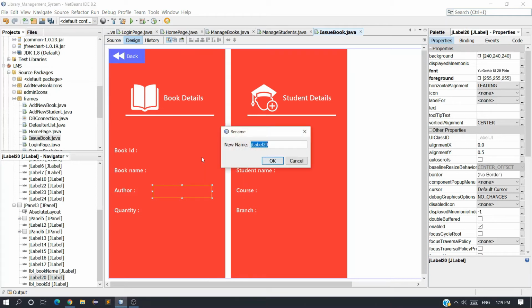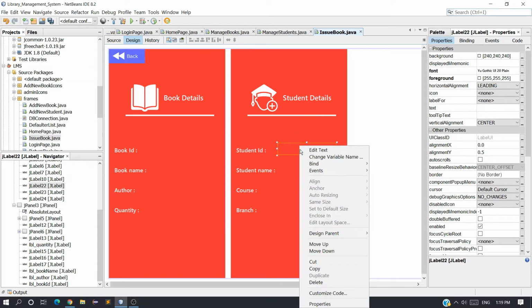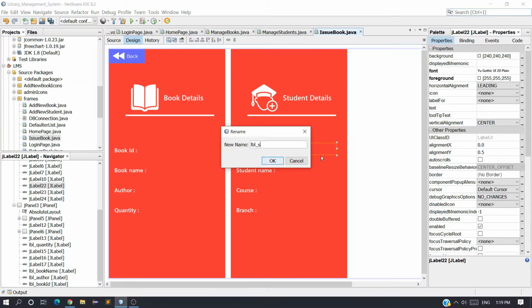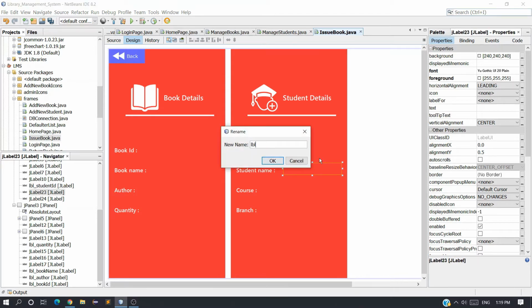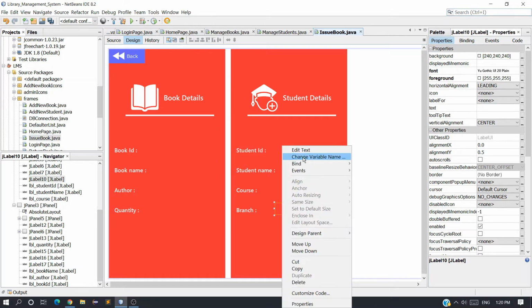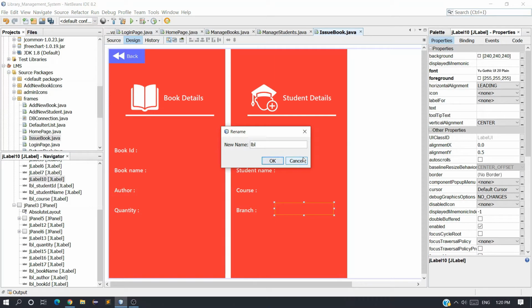Next one is LBL author and LBL quantity, and here LBL student ID, LBL student name, LBL course, and LBL branch.